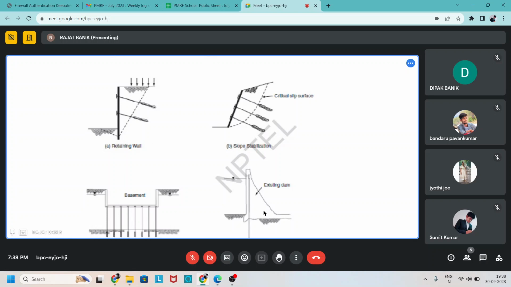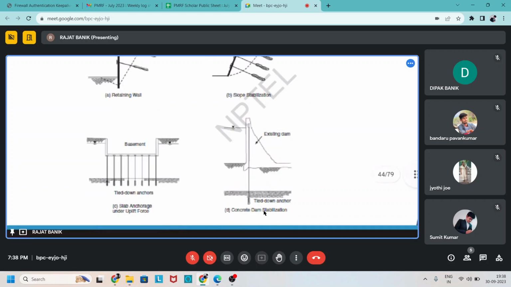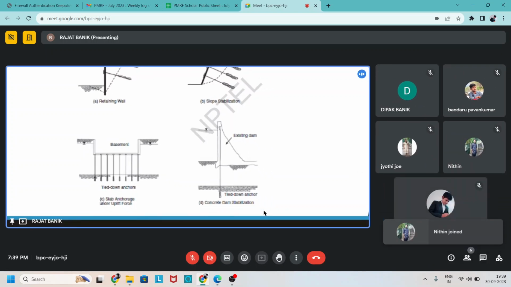In stabilizing the slope, we can use this, and we can also use it to resist the uplift force during the construction of the foundation, at the base of the foundation. If the groundwater table is very high or close to the ground surface during the excavation, there may be a risk of uplift of the base of the floor due to the seepage force. So to resist the seepage at the base and to stabilize this,